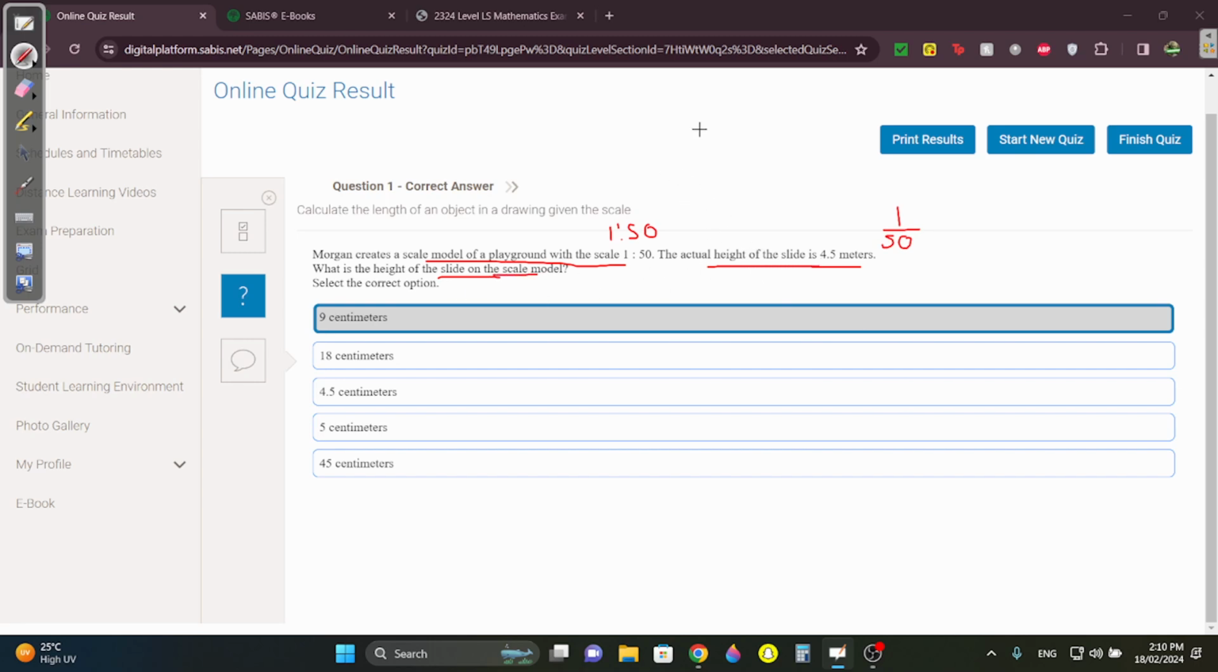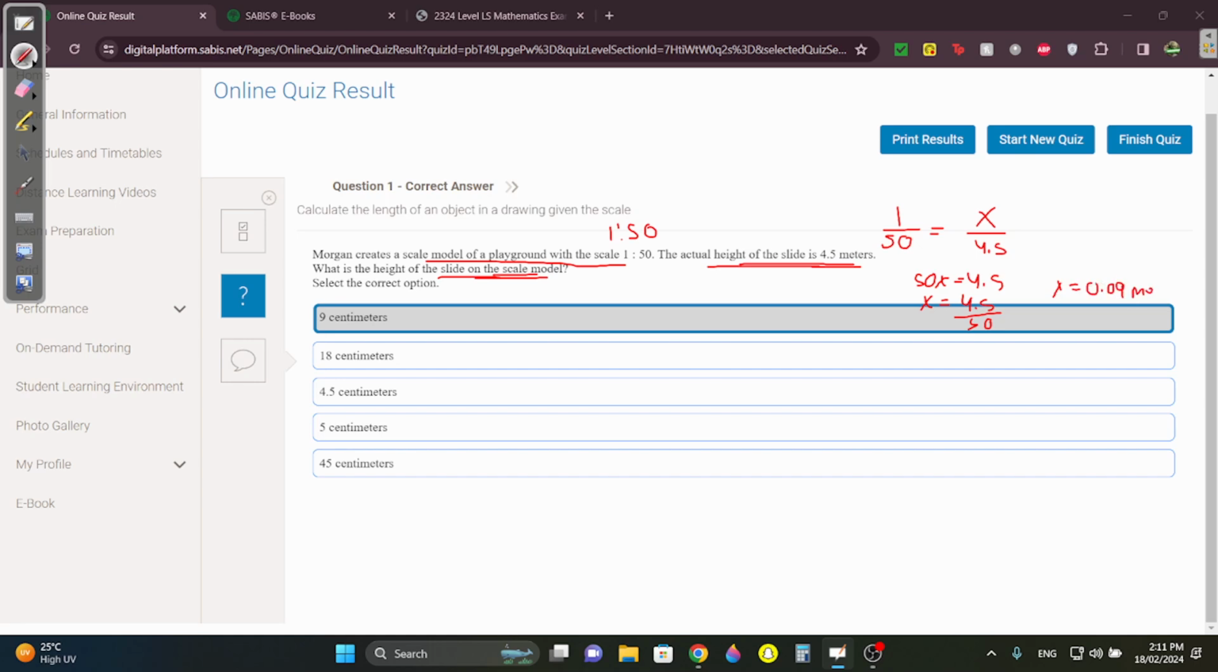So what a scale drawing is, it's basically when you draw something compared to its actual size. Obviously the small number will be the drawing, because the drawing is always smaller than the actual model. So 1 over 50 should be equal to the drawing on the model, so we don't know x, over the actual height of the slide, which is 4.5. Okay, so you'll get 50x equals 4.5, x equals 4.5 divided by 50, and that's